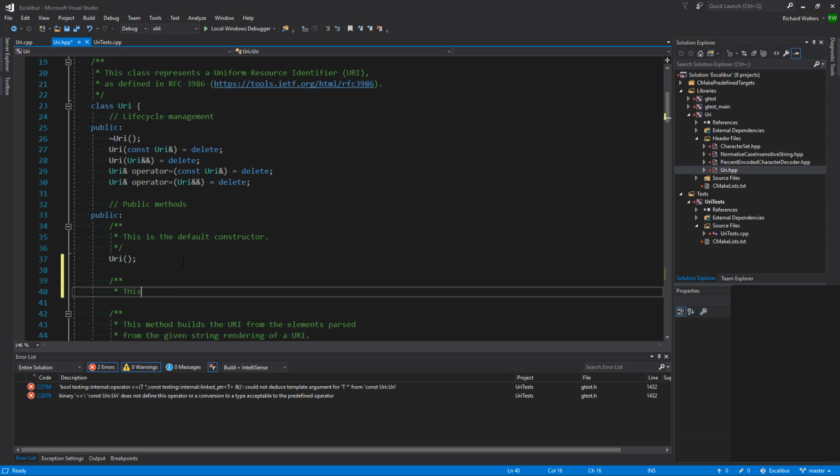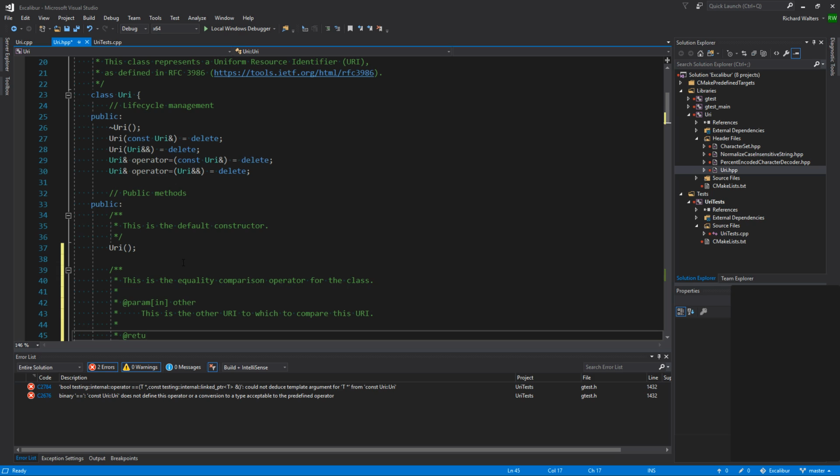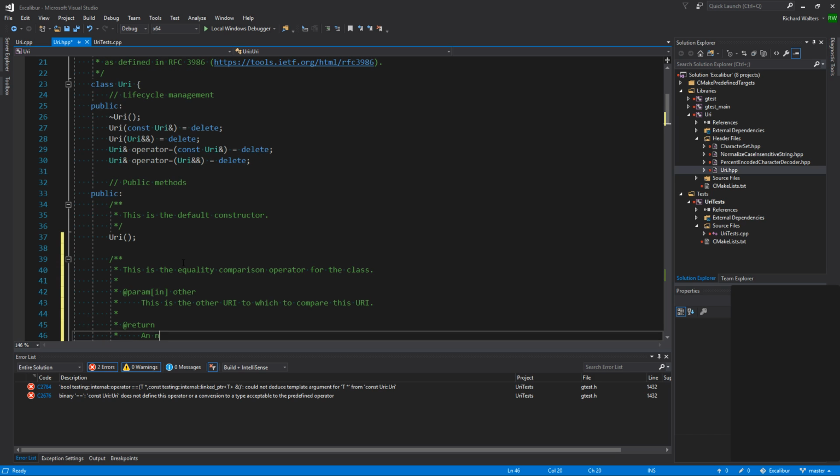This is the equality comparison operator for the class. And then the input is going to be other. This is the other URI to which to compare this URI. Return value is an indication of whether or not